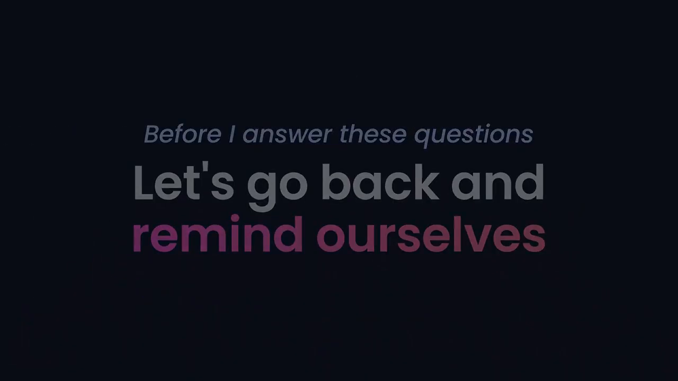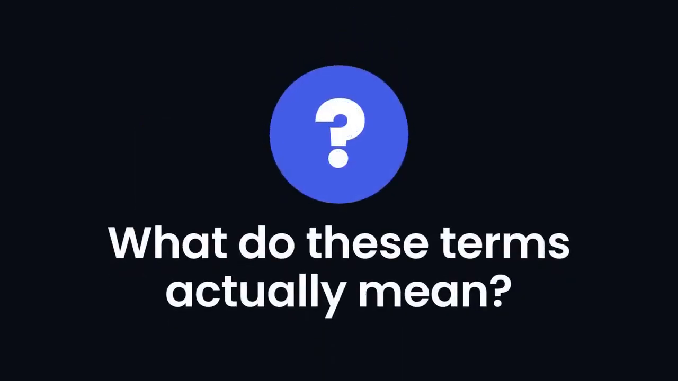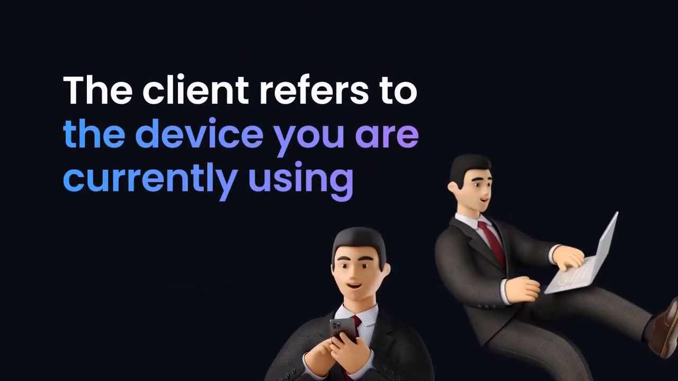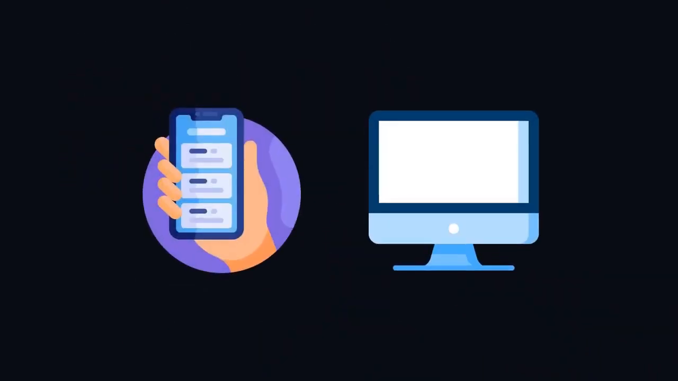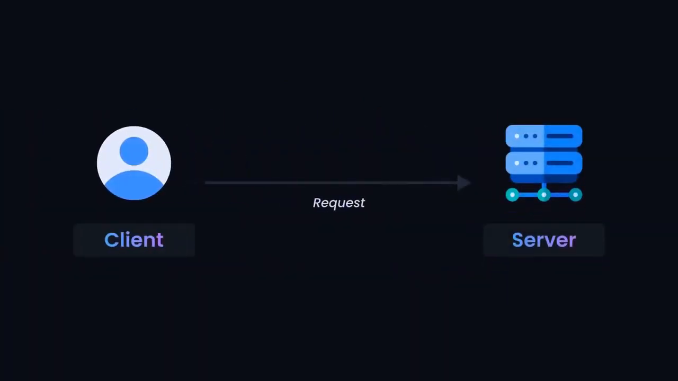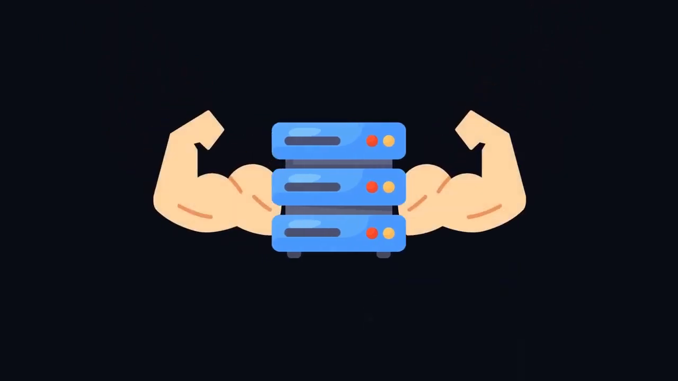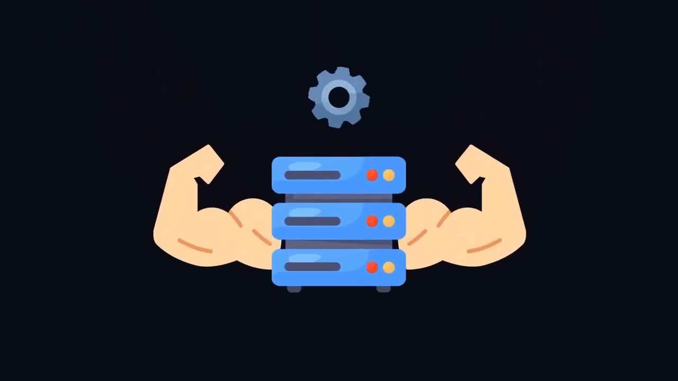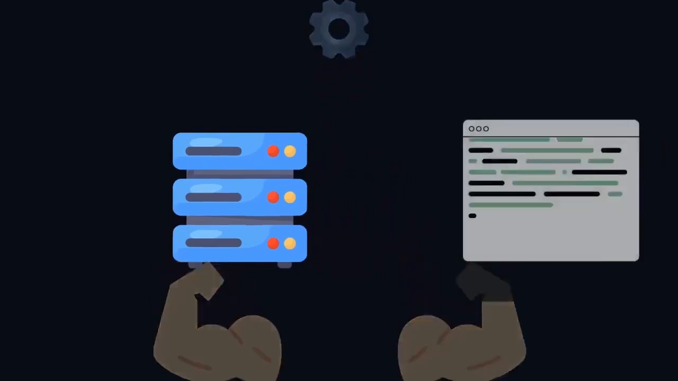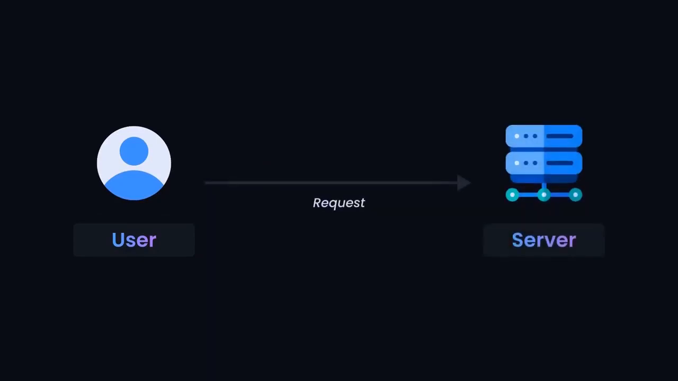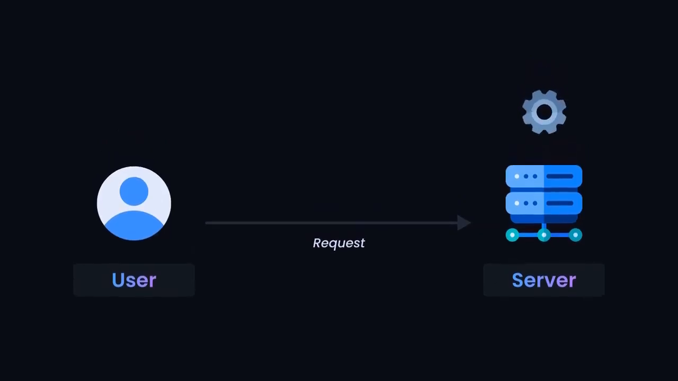Before I answer these questions, let's go back to remind ourselves, what do we mean by client and server? What do these terms actually mean? The client refers to the device you're currently using, such as your smartphone or computer. The device sends requests to the server and displays the interface that we can then interact with. The server is essentially just a computer device, but it is equipped with a strong configuration and remains operational continuously. It is where all the code for our application is stored. So when the client, meaning our device, sends a request, the server performs the necessary computations and sends back the